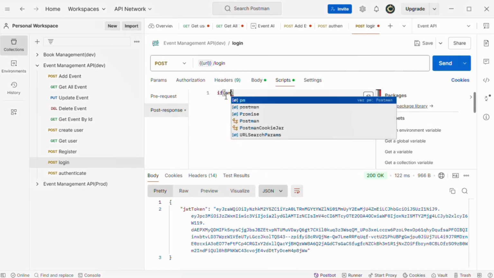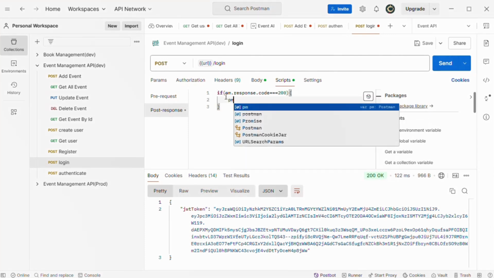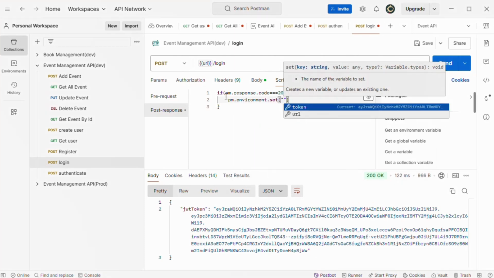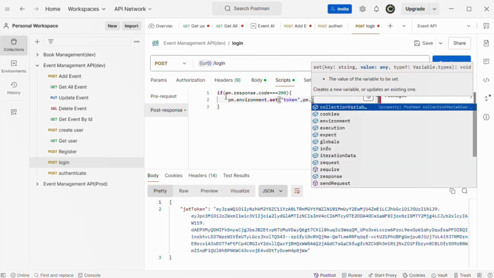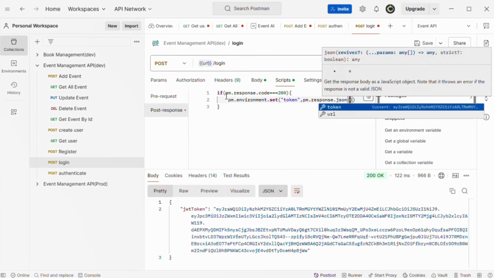So we add an if condition. Here we check if the response is successful or not. pm is a Postman object which has the attribute response.code. We check status is 200. If it is a successful response, then we will set the environment variable. pm.environment.set, variable name is token, and then as the second parameter we will pass the value.